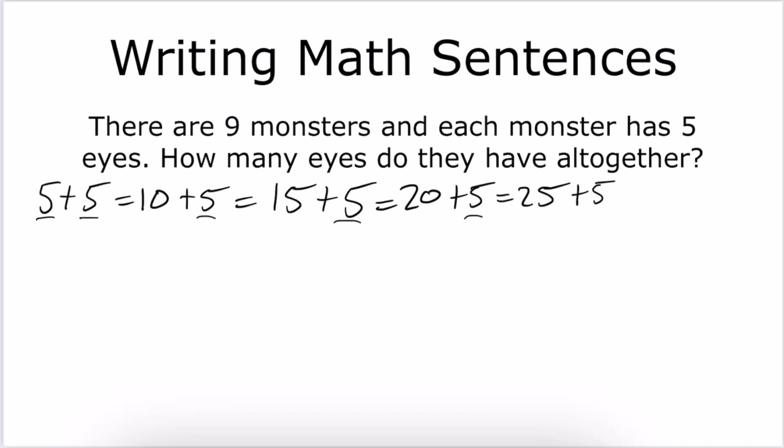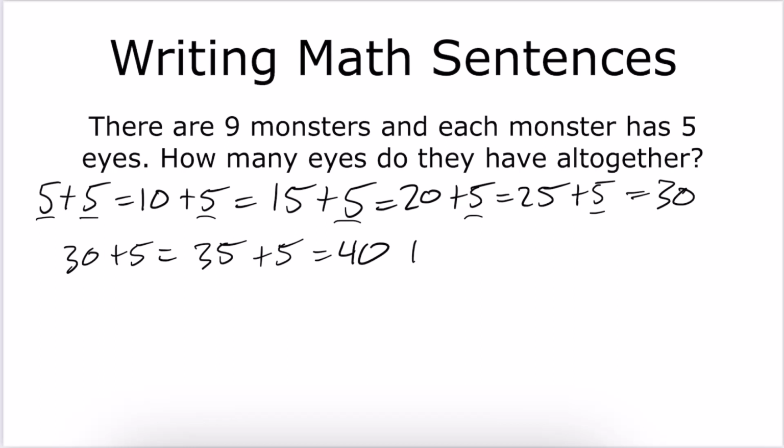So I'll add another one. That's 6. That equals 30 eyes. And then 30 plus 5 equals 35. Plus another 5 equals 40 plus another 5 equals 45. And since I've done 1, 2, 3, 4, 5, 6, 7, 8, 9 monsters, that tells me that there's 45 eyes altogether. And you could use this as an opportunity to help remind students that the equal sign means that